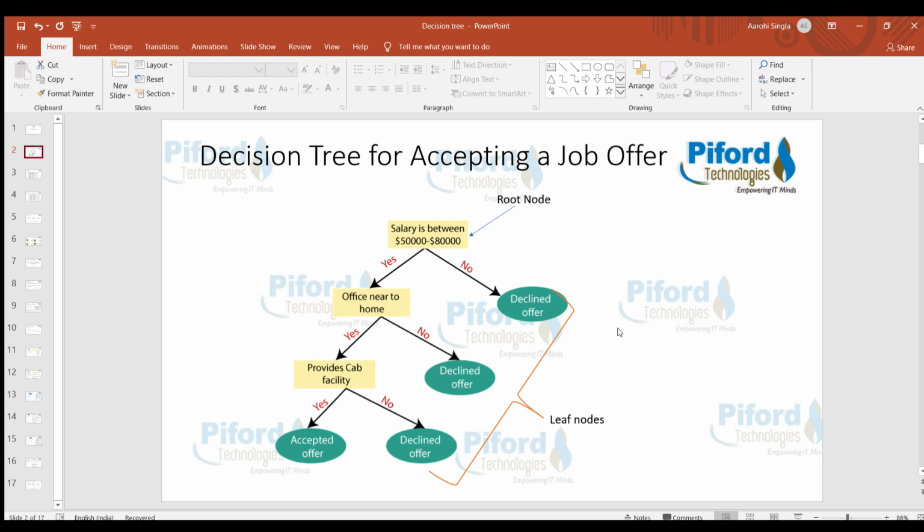See, in our real life also we are using decision tree at various stages. So one of the example is, see, most of us have used a toll-free number of any company. So once you dial a toll-free number, it redirects you to the computerized system where it asks you questions like press 1 for English and press 2 for Hindi or so on. So once you select one option from there, it again redirects you to the other set of questions where again it asks you questions, press 1 for this and press 2 for that. Similarly, it keeps on repeating until you reached right person as per your requirement. So here that particular company is using decision tree.